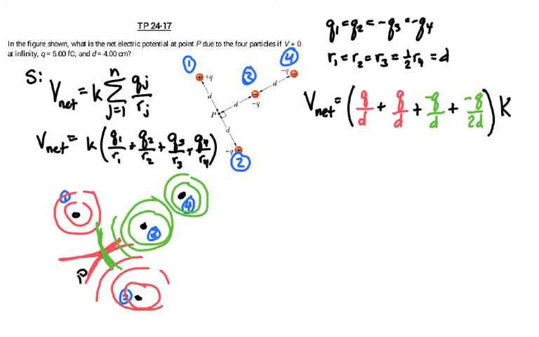Now we can simplify this even further by saying right off the bat that these two cancel out because they are equal in magnitude and opposite in sign. All right, that just leaves what we have left, which is the electric potential of particle 1 and particle 4. Now if I want to get a common denominator, which is 2D,